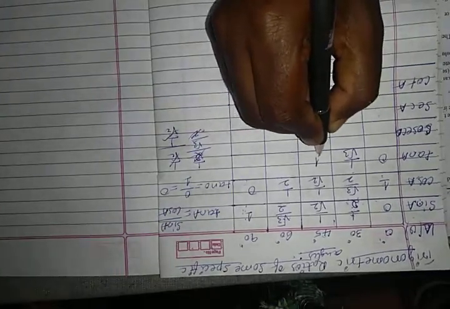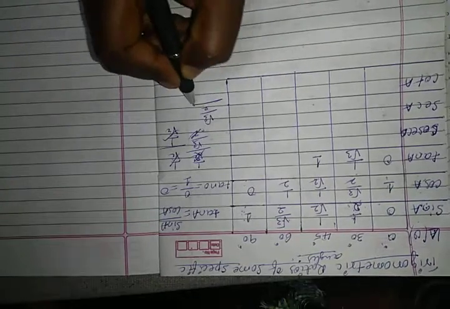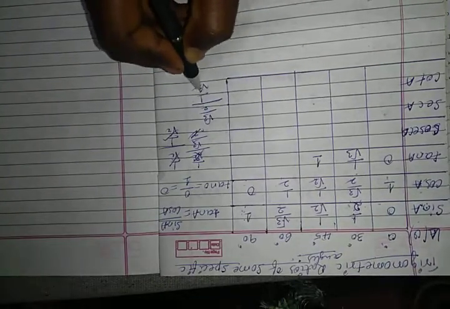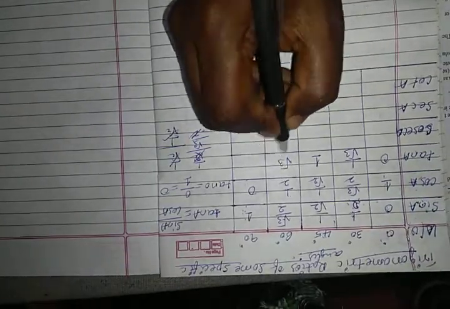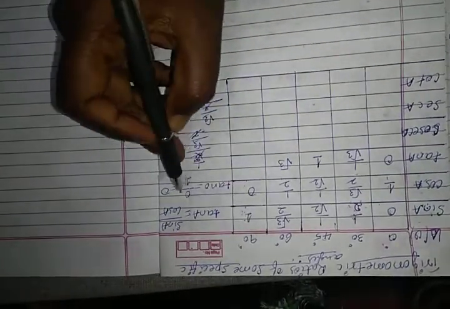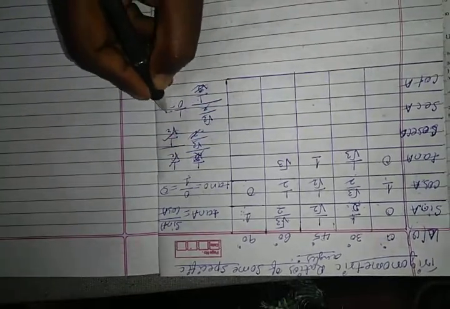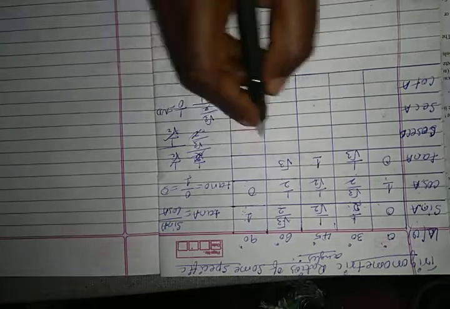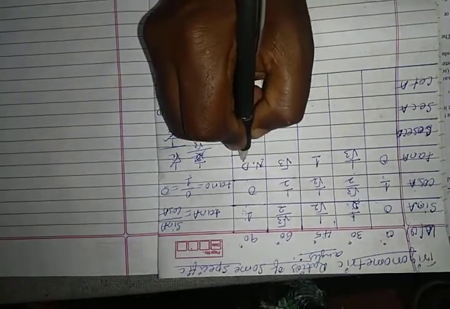That is 1. And here it is root 3 divided by 2 and 1 divided by 2. 2 gets cancelled. Root 3 divided by 1, that is only root 3. And here it is 1 divided by 0, that is not defined. Very important. It is not defined. N means not and D is defined.